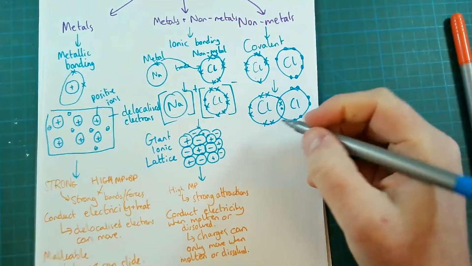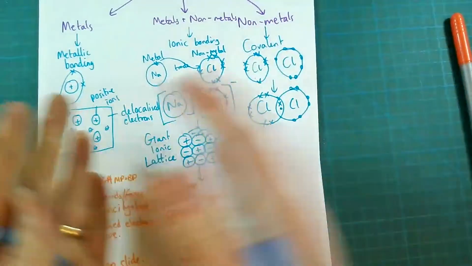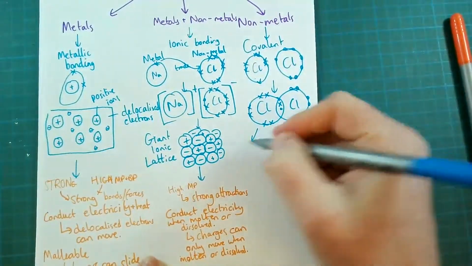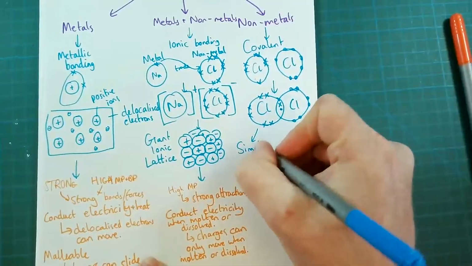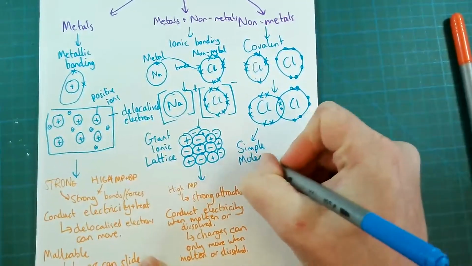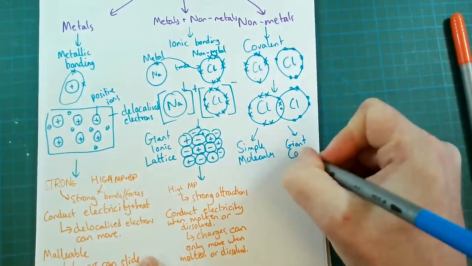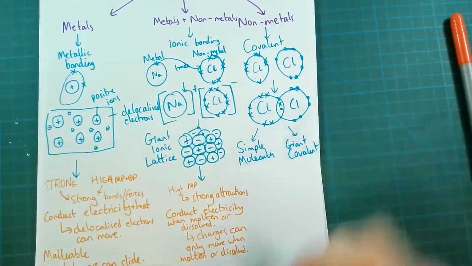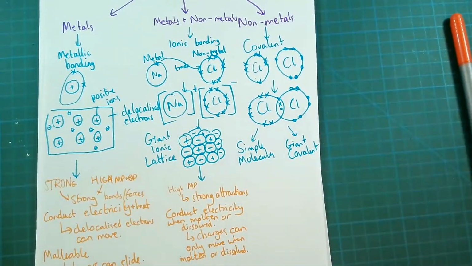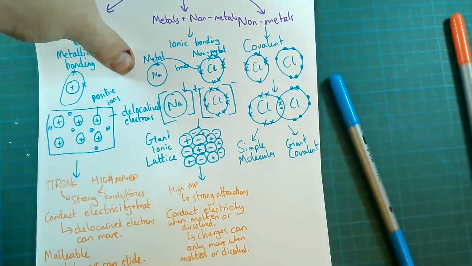Now, there's two structures here. This is where covalent is a little bit different. We can either make simple molecules, or we can do something called giant covalent. Okay. Now, let's focus on the...